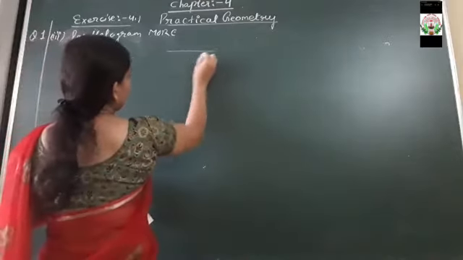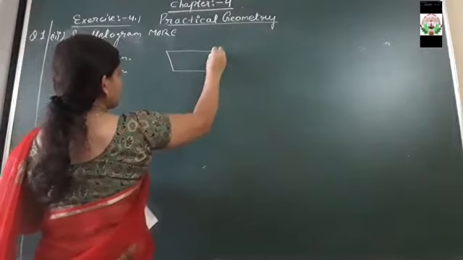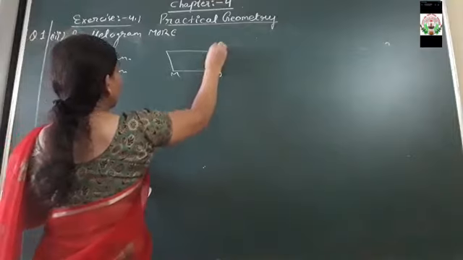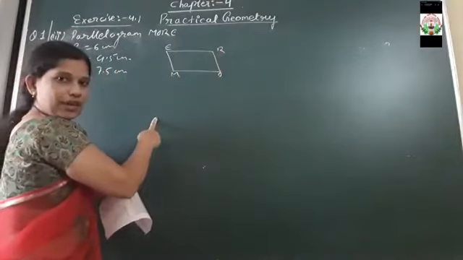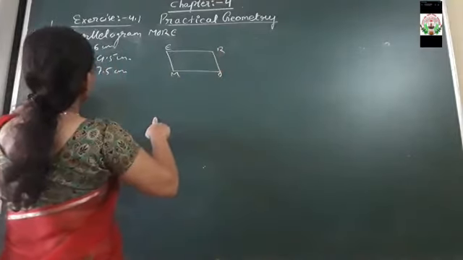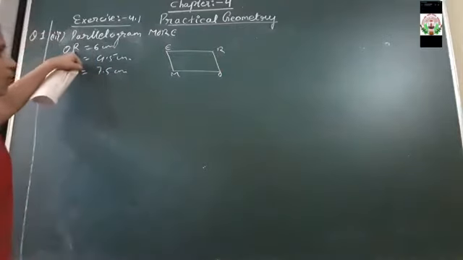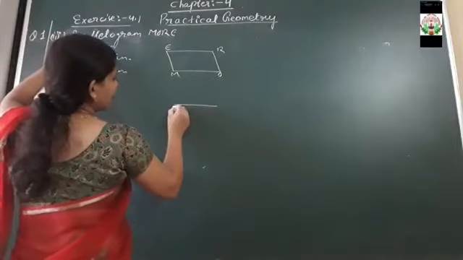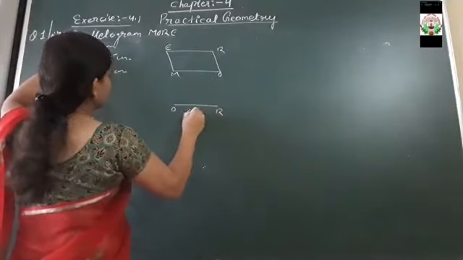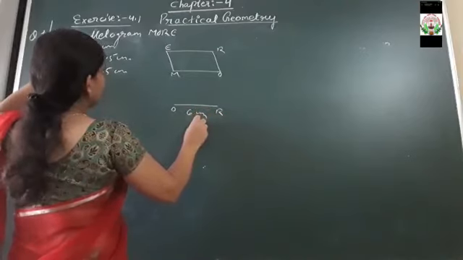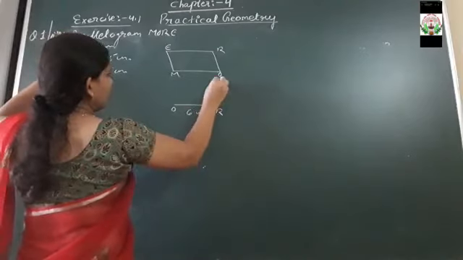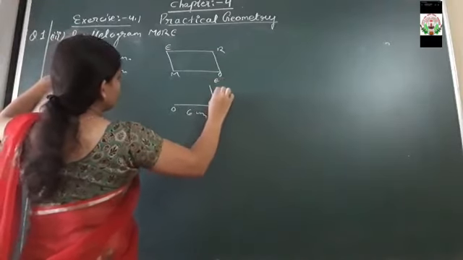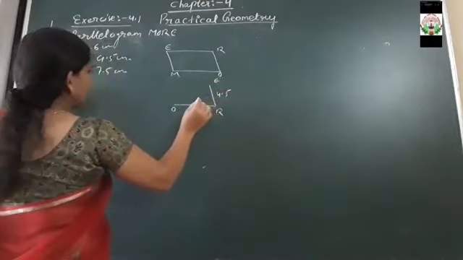So as we know, the parallelogram diagram is like this. The parallelogram diagram looks like this. So here M-O-R-E will be the rough sketch we are creating. So what is the measurement given? MO is not given. OR is given, isn't it? So we will consider OR as a base. That is 6 centimeter. Then RE. RE is here given as 4.5 centimeter. Then EO.